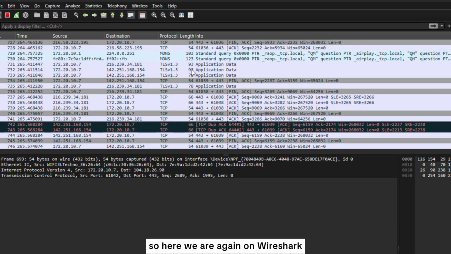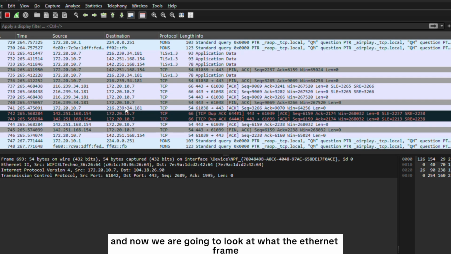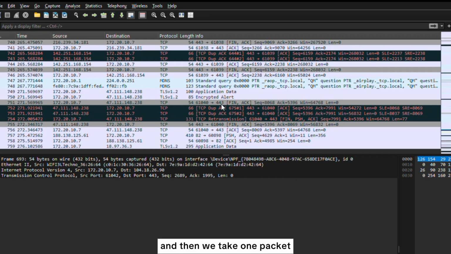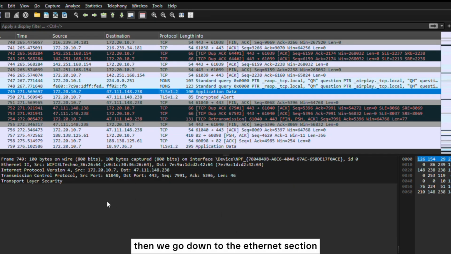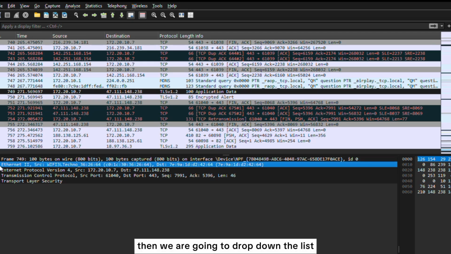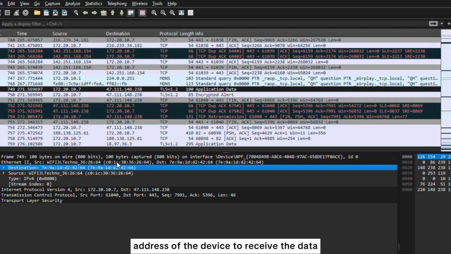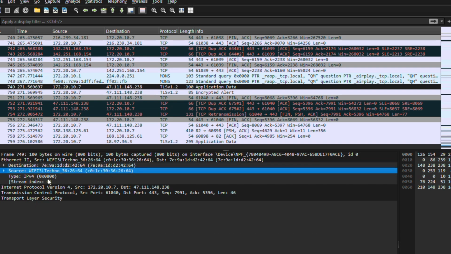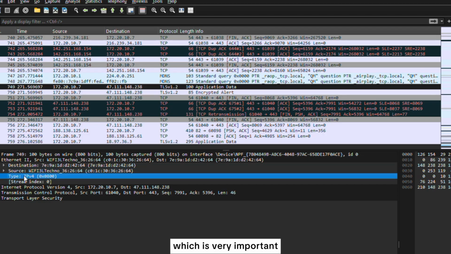So here we are again on Wireshark, and now we are going to look at what the Ethernet frame looks like. So just pause the capture here, and then we take one packet, then we go down to the Ethernet section, then we drop down the list. So from here we see we have the destination MAC address of the device to receive the data, and we have the source of the device sending the data. Then we also see here we have type, which is very important, which tells which type of protocol to give this to at the internet level. So if this is IPv4, it is telling us that we are giving this to IPv4 processes at the internet